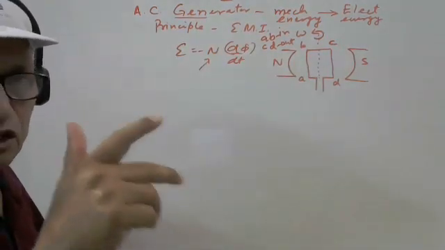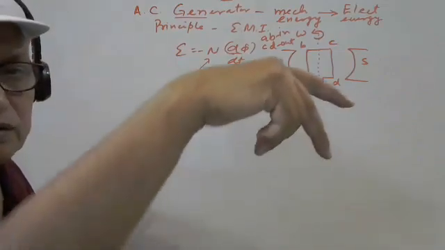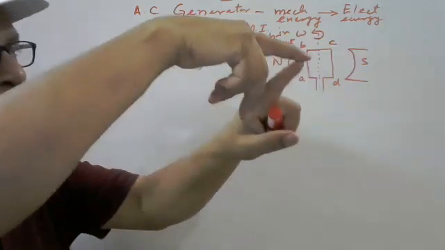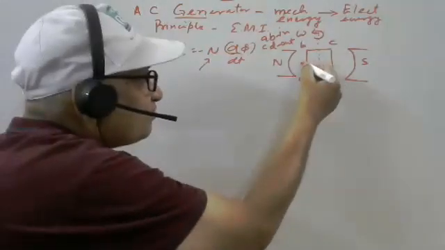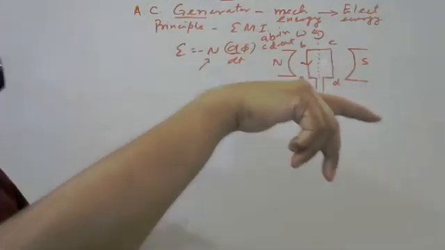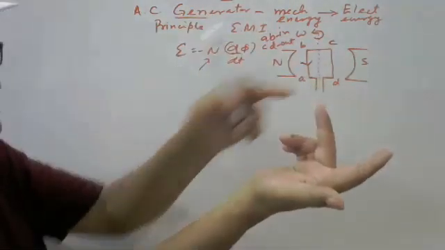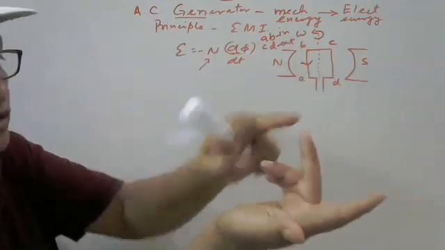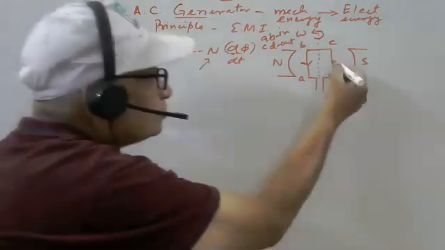Okay, you can find out the direction of this induced current by using the right hand rule. Applying on the AB part, this is the magnetic field, this is the force, and this is the induced current. If you apply the same right hand rule in the CD part, CD is coming out, so this motion is outward, and this is the magnetic field north to south, so the direction of current is from D to C.